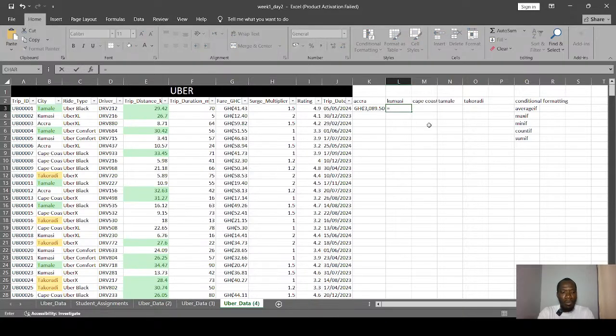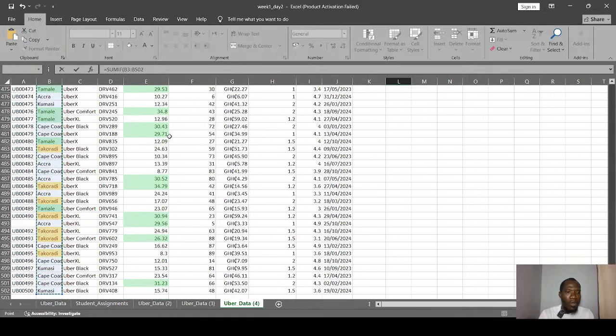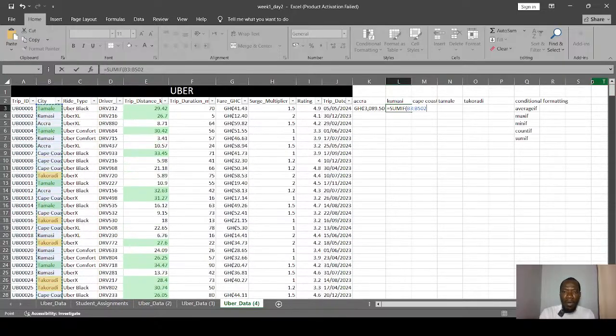So equal to SUMIF, we select SUMIF, then our range is in the city range, so cell B3, Control Shift down arrow to get the entire thing. We bring our comma, then our criteria now changes from Accra to Kumasi. We close that and then we bring another comma.